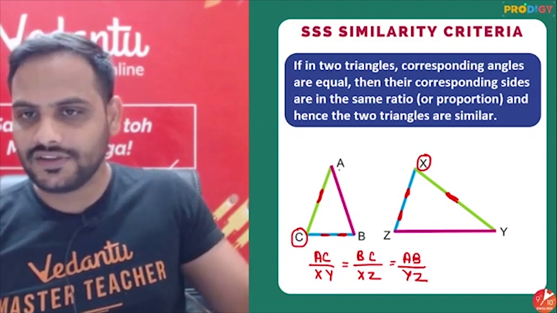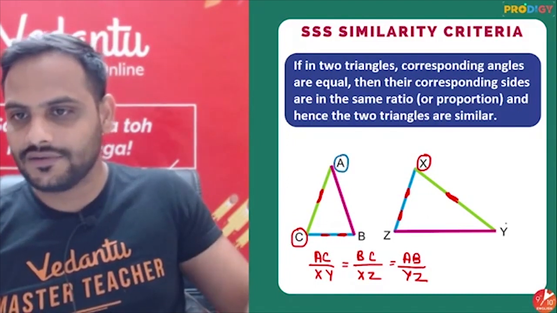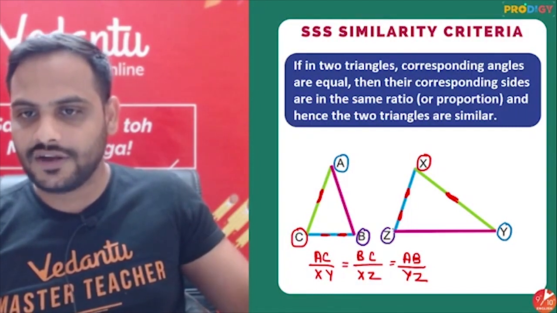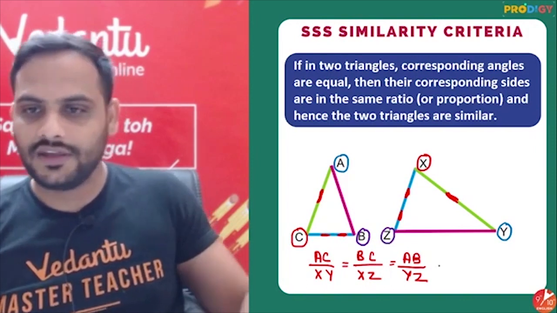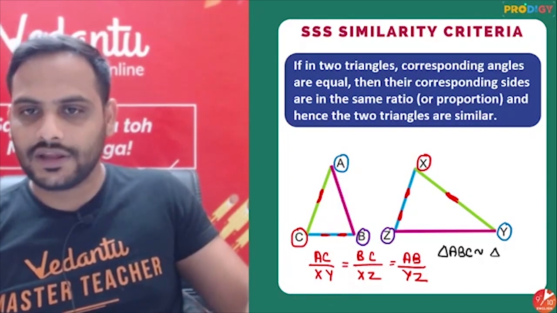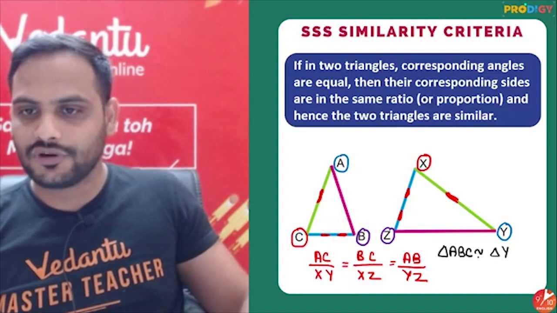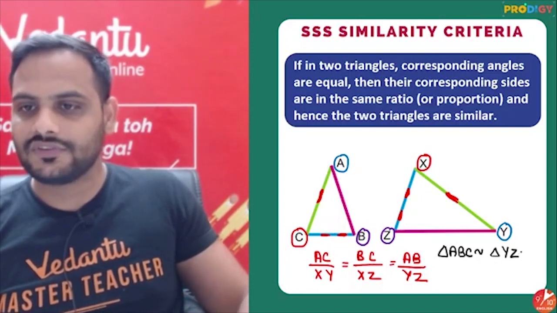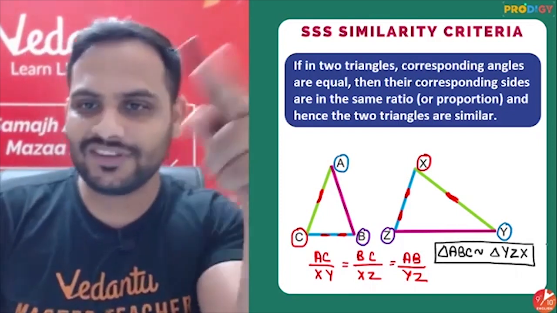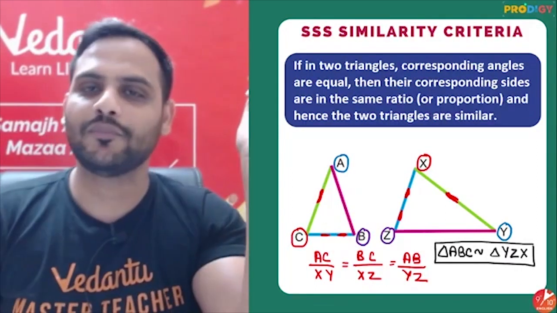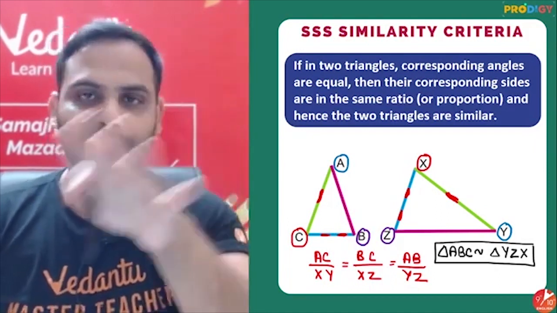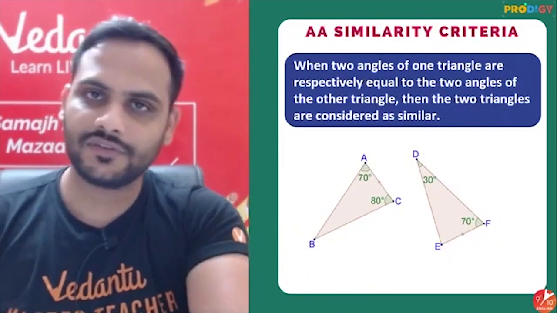Now once X and C are corresponding points, the remaining are very easy. Green line, if you see, A and C is here, for it XY, so I can say A and Y will be corresponding, and at the end the remaining points B and Z will be corresponding to each other. So now we can say triangle ABC will be similar to triangle: for A the corresponding point is Y, for B the corresponding point is Z, for C the corresponding point is X. Alright, in congruency, remember we learnt we have to write the corresponding points' names. Same thing we have to do over here as well. The naming of the triangle is the same way. Corresponding points we will write. Alright, okay, so first is your SSS rule.